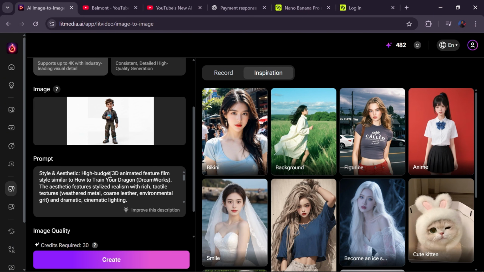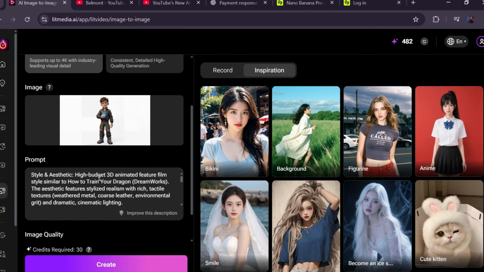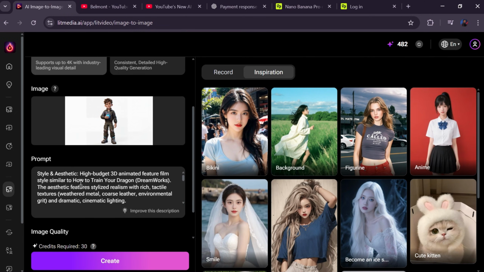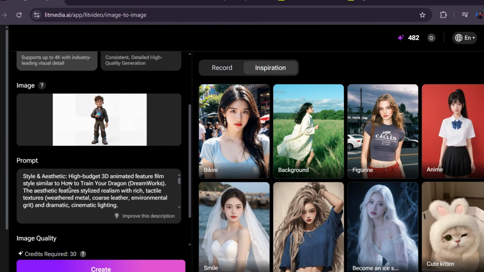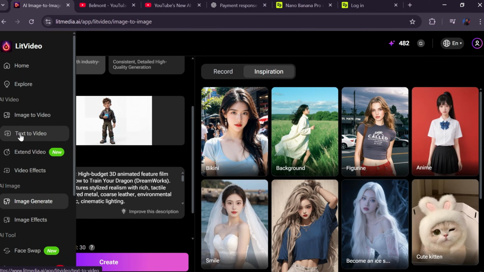And from here, the rest of the animation follows the same repeatable structure. Generate a starting frame using your hero shot, then convert that frame into a video. For example, in one scene, I wanted a unique perspective from inside the robot's chest cavity. So I went back to image generation, uploaded the hero shot, and also added the starting frame from the previous scene to maintain consistency. Then I wrote a prompt focused on scale, depth, lighting, and mood, and the result was